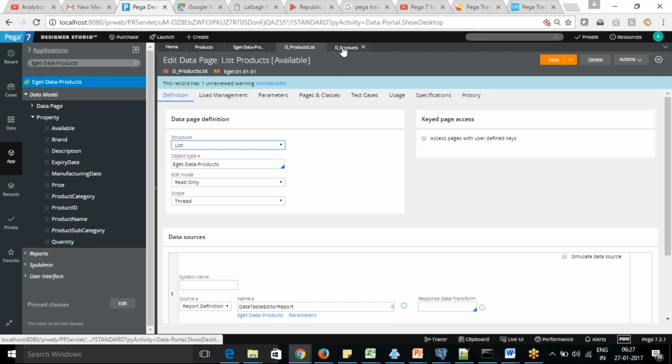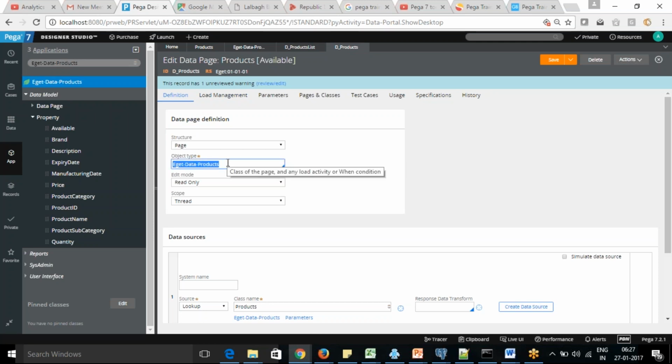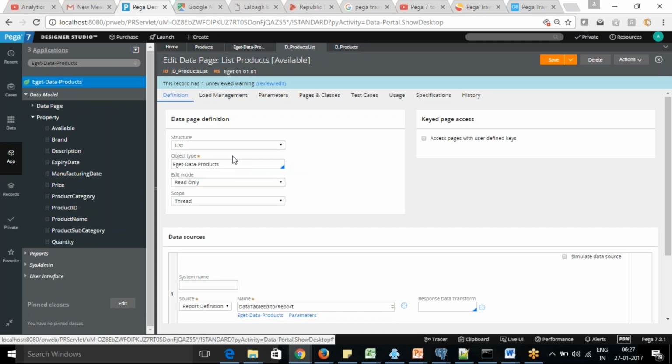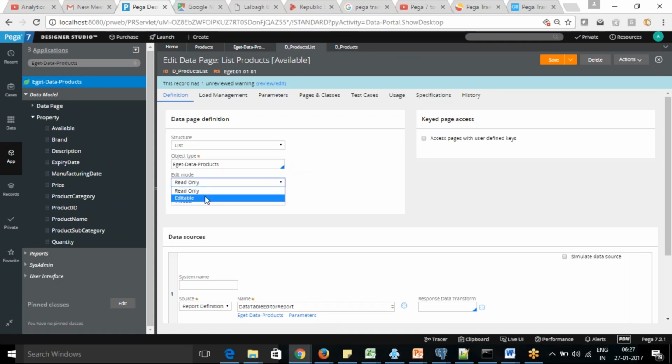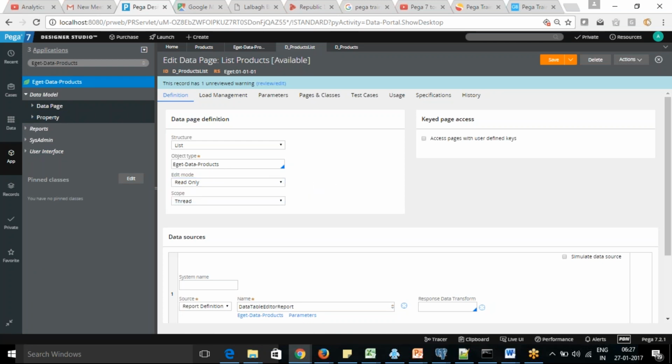Normally when we create it, we can create a single instance of it, or we can get multiple instances of the data page as well. And it refers to the same data type. So you can see that the class name we need to provide in two places. And the database can be editable or read-only. Most of the time we make it a read-only database only. We don't use an editable database. In a very rare scenario, we go for an editable database, and in the maximum scenario, we go for a read-only database.